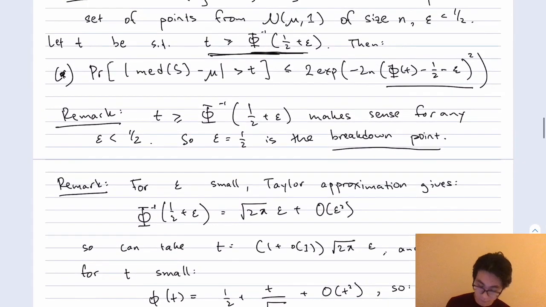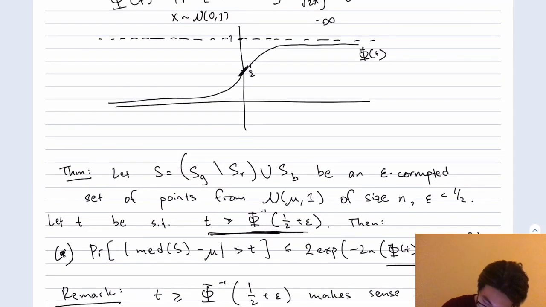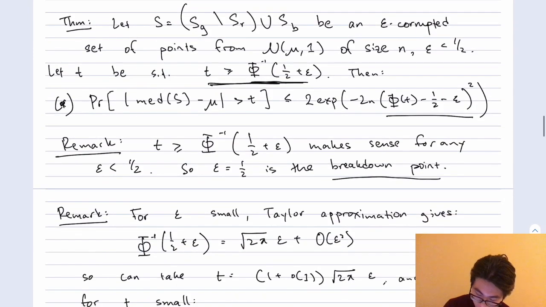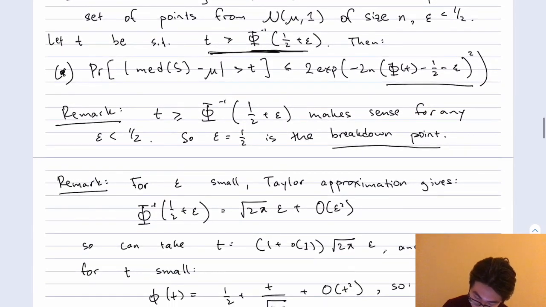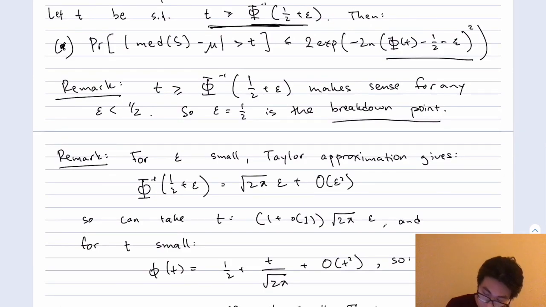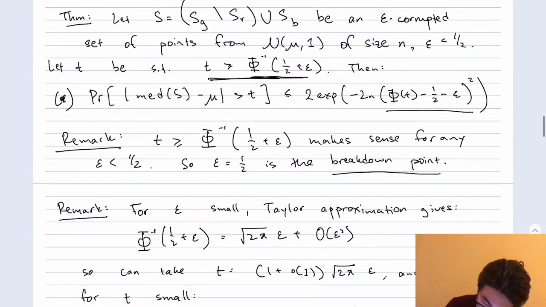Second remark, this expression on the right hand side here looks a little bit complicated, but really is not so bad, especially in the regime where epsilon is relatively small. So when epsilon is close to 0, we can use a Taylor approximation. Pictorially, phi is quite smooth around 0, and phi inverse will therefore be quite smooth around 1/2. So you can estimate that phi inverse of 1/2 plus epsilon is essentially linear. It's this constant, root 2 pi times epsilon, plus order epsilon squared deviations. So that means when epsilon is relatively small, this guarantee is roughly saying that t needs to be order epsilon,